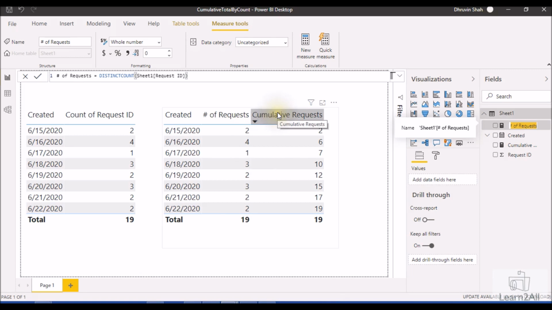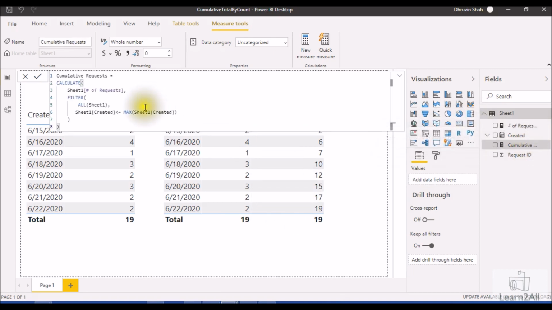Now to perform the cumulative sum, I need to write this measure, which uses the CALCULATE, FILTER and ALL functions. Inside CALCULATE, I need to take the measure that we just created, that is number of request. Inside that we need to write a FILTER formula.